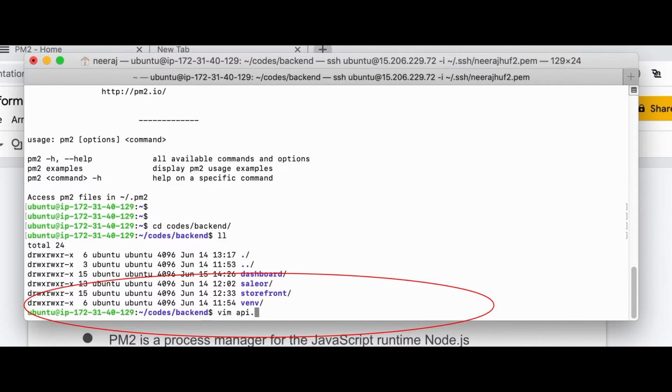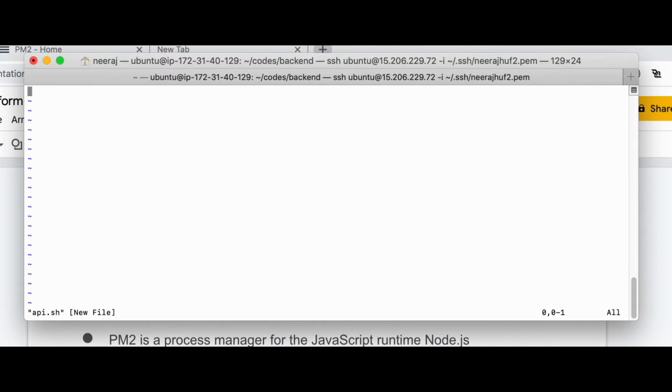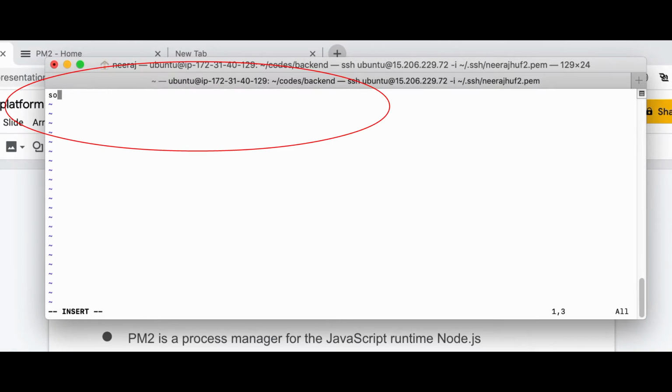Let's create three different scripts for running Saleor Core, dashboard and storefront separately. While running Saleor Core, I need to make sure that my environment is always up. My default environment is the Python environment which I have created, so I need to activate it to make sure that my virtual environment is always active.